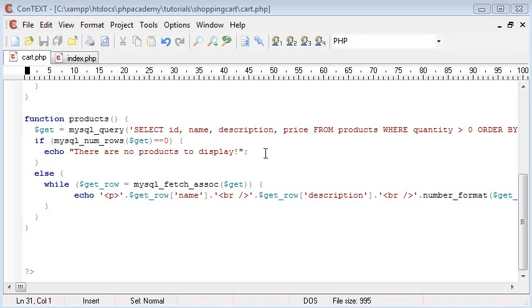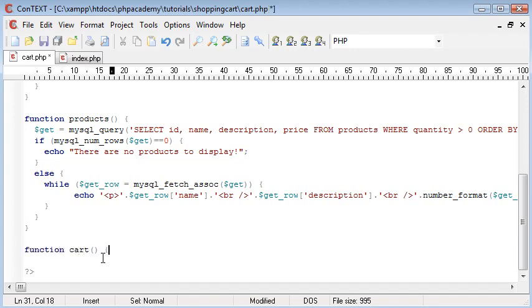Okay, so this is one of the most complicated parts of the tutorial. This is creating the cart itself to display the products that have already been added to the cart. So we're going to start off with function cart, that's what we're calling it, and obviously our two curly brackets either side. Now we need to read in all the session data that's been stored and filter it down by